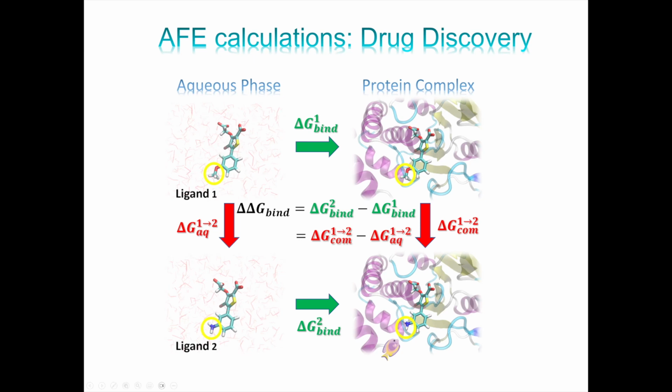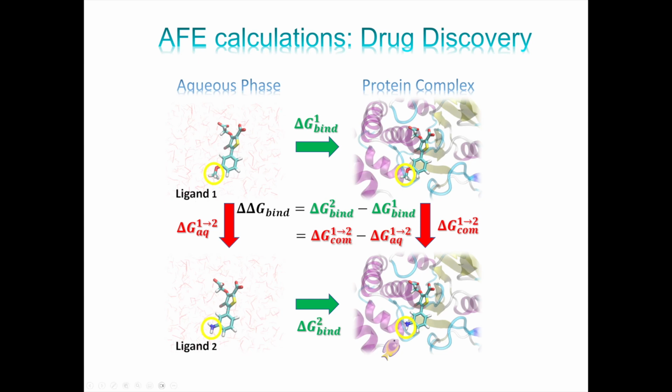We could start with the ligand in the aqueous phase. And if the only difference between ligand 1 and ligand 2 is the change of a methyl group or of one chemical functional group into another. It could be an alcohol, it could be a methyl group, it could be an amine, it could be an acid or whatever. But as long as it's a congeneric series where the drug molecules share a common scaffold, and the only changes are the chemical substituents that decorate that scaffold,